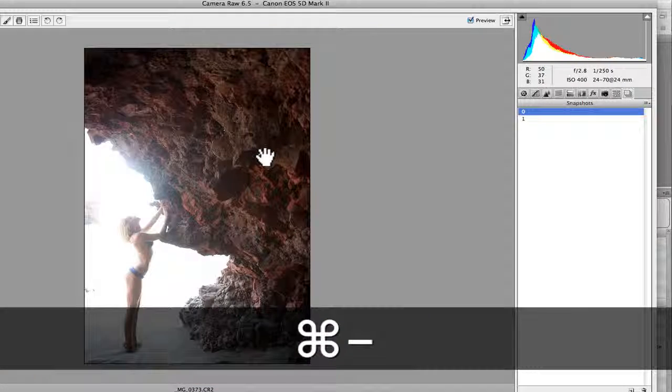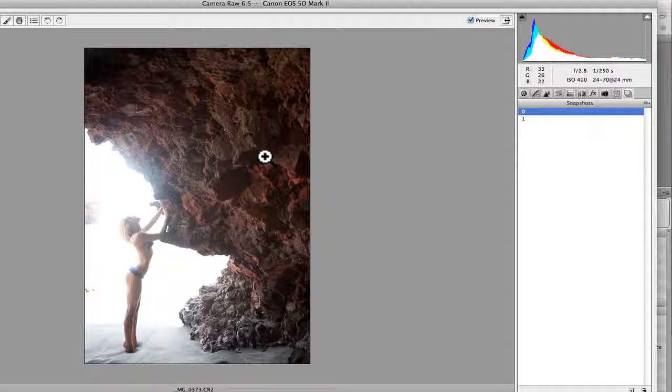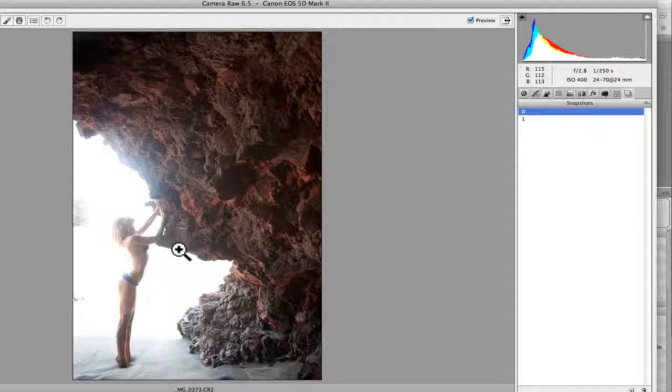Living in Hawaii is great. And last month I had an awesome opportunity to do a shoot of this model on Lanai. Okay, so I'm actually in a cave looking out to the beach, which was overexposed. And the idea was to create this really cool, intense backlighted shot for a lighting video that is in production right now. And I'm going to show you some things that I do to make the image really shine and